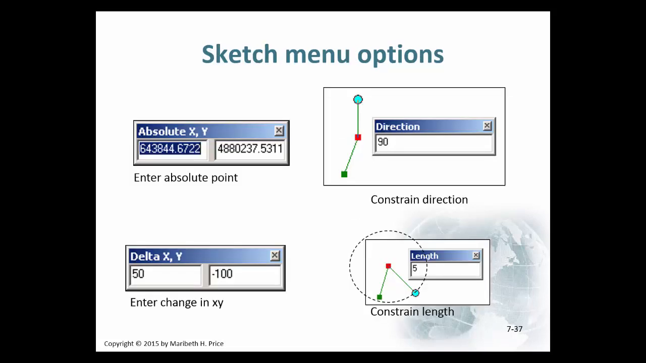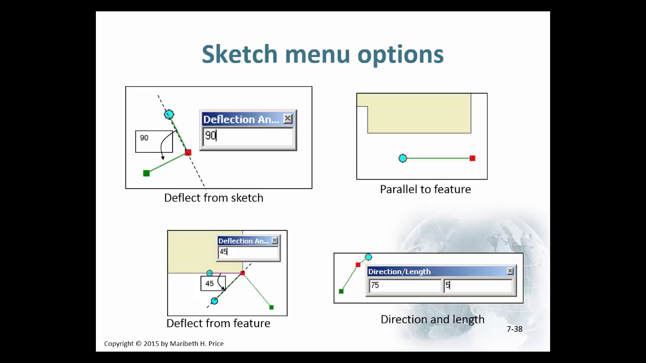There are different ways to specify where to place the next vertex. These tools work regardless if you're creating points, lines, or polygons. You can either enter absolute XY values, which are measured from the coordinate system origin. You can enter relative or delta XY values, which are relative to the current position. Or use the direction and length tools, which goes a certain specified direction and distance away to create the next